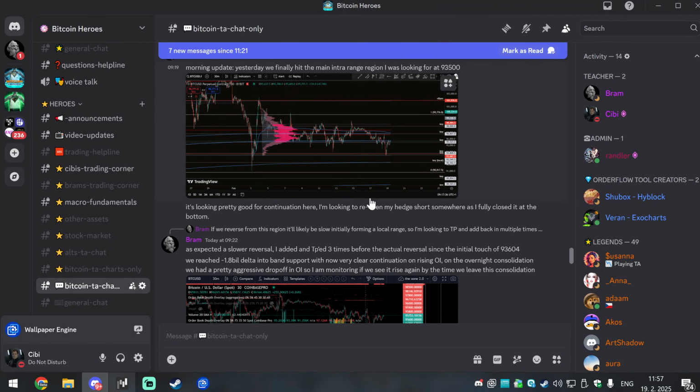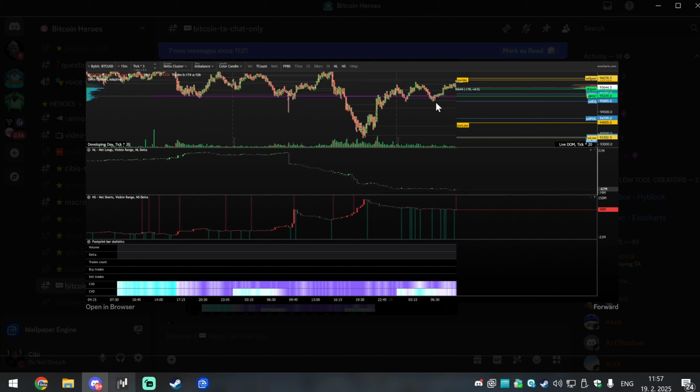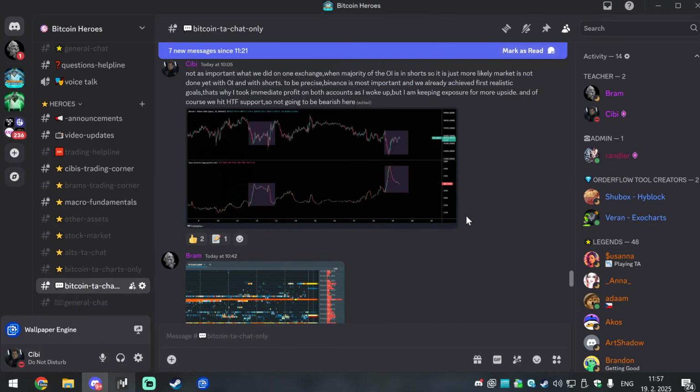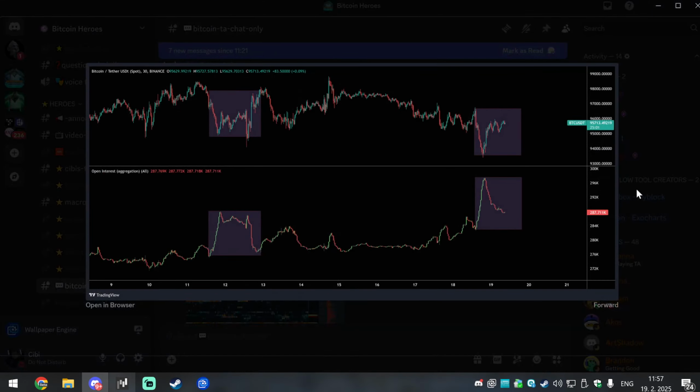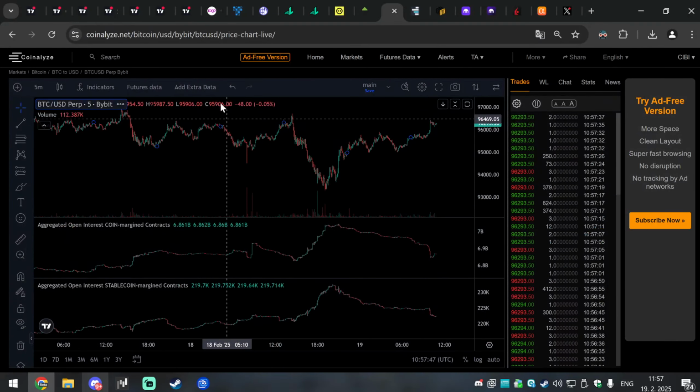Let's go further down. Brian was preparing some nice analysis as we woke up, and I only added that we still have the big shorts on inverse, and that's why we did another leg to the upside. So there is plenty of shorts still to be squeezed. That's why you don't close the trade fully, but you leave some nice exposure. And another post on why this is more likely.